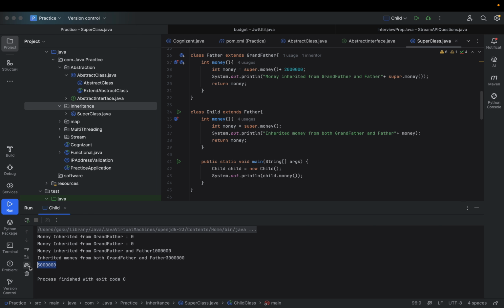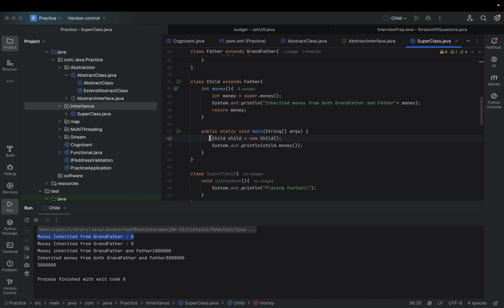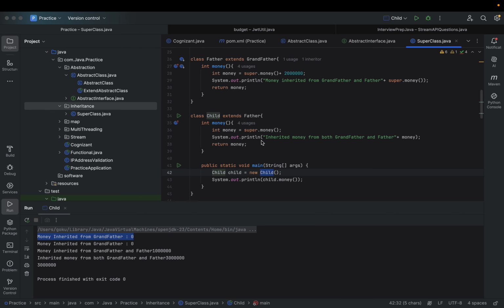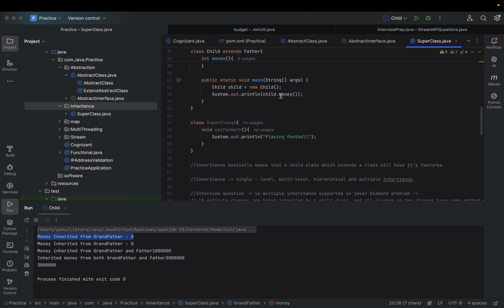See, money inherited from grandfather 0. Why? Because the child class object was called and the money method was also called. Okay, so what is happening essentially is when we create the object here, the constructor will be called for father, also it will be called for grandfather, and when we call the money,